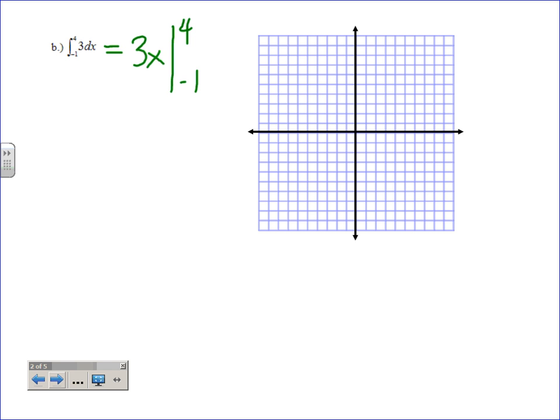And so I took the antiderivative. What I got to do now is you always put the top one in first, because subtraction is important, which order you do it. So 3 times 4, well, that's 12, minus whatever you get substituting in the bottom one, which happens to be -3. So it's 12 minus a -3, in other words, 12 plus 3, which is